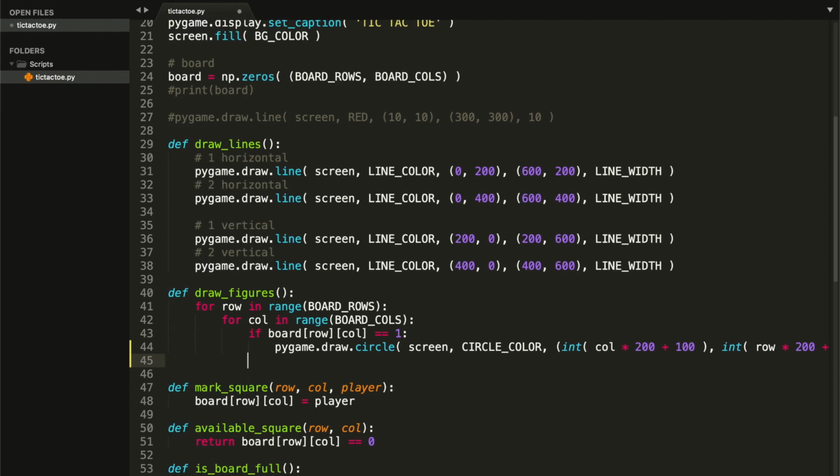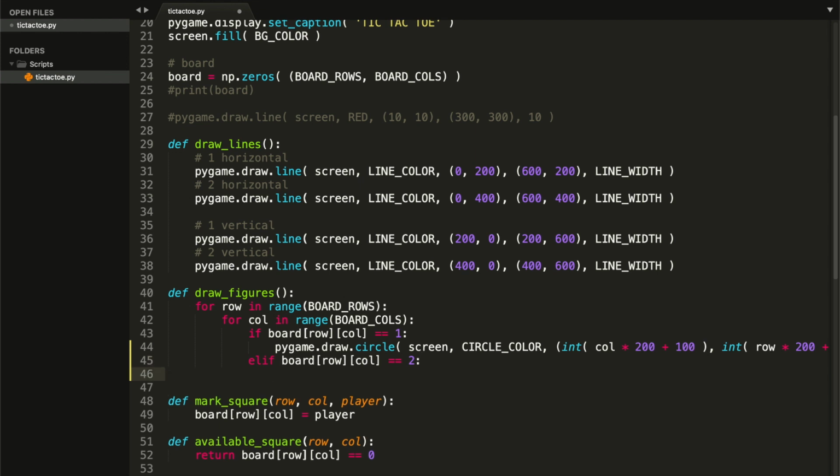Actually, drawing crosses is a little bit more difficult than drawing the circle. That's because we have to draw 2 lines. So let's start by checking if player is equal to 2. So we need to put elif board row in col equals 2. So if player 2, mark that square, and let's type